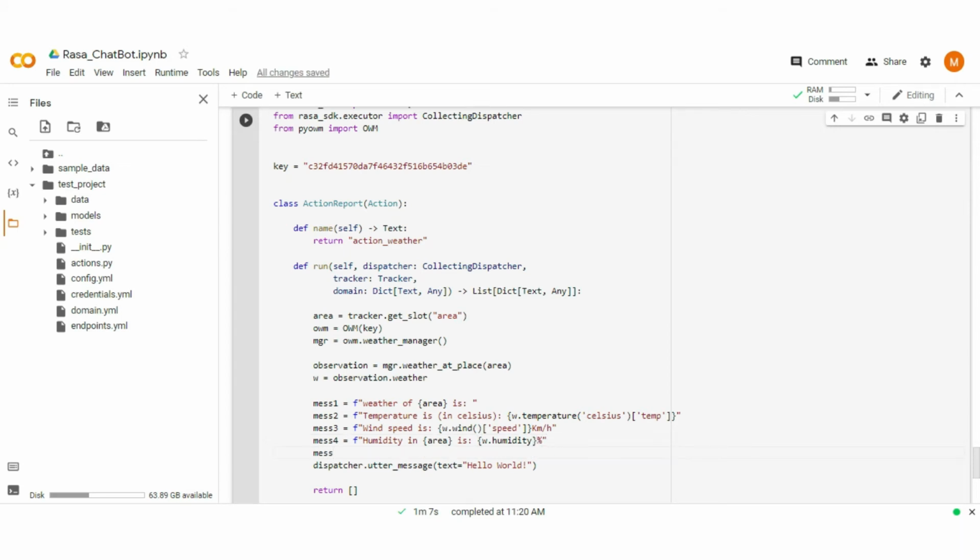Fifth one is overall weather. Combine all messages into one to return back to the user.